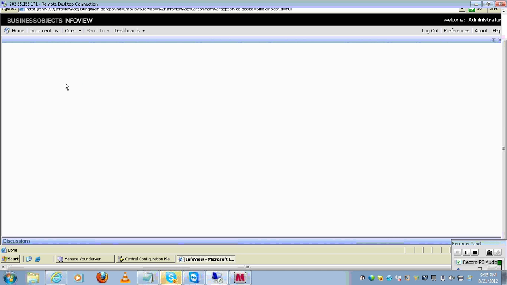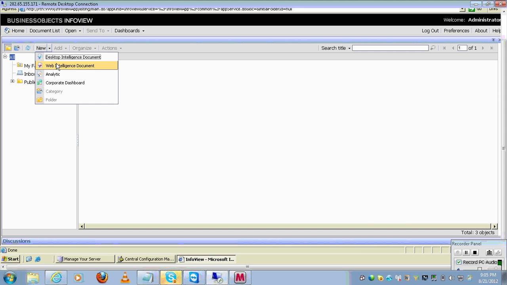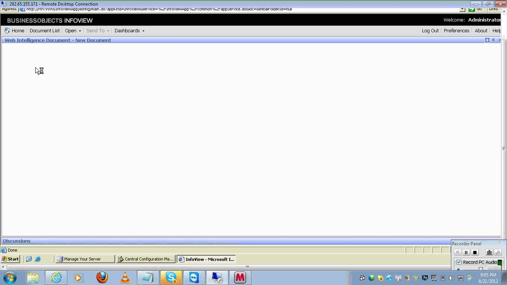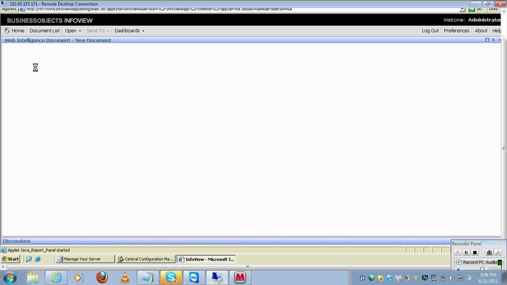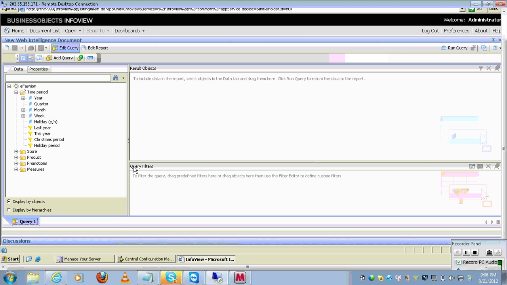Document list, no document, WEBI session. So the existing columns, I can apply the function, or I can add a new column. There I can define my formula, and I can apply the formulas to a blank cell. Anything you can use. So that is just for defining your end user requirement